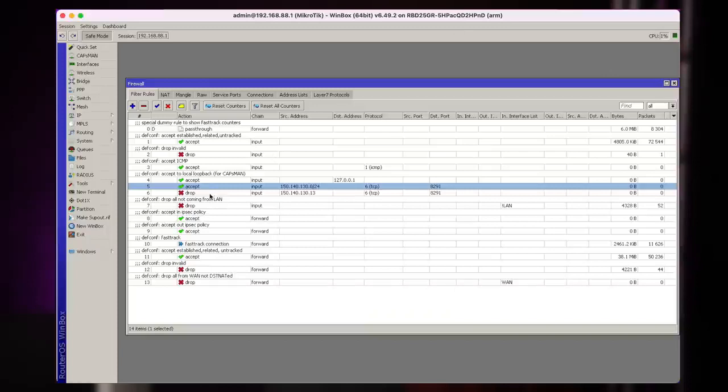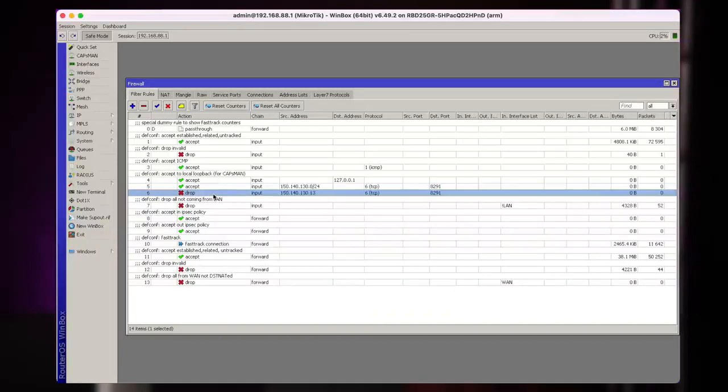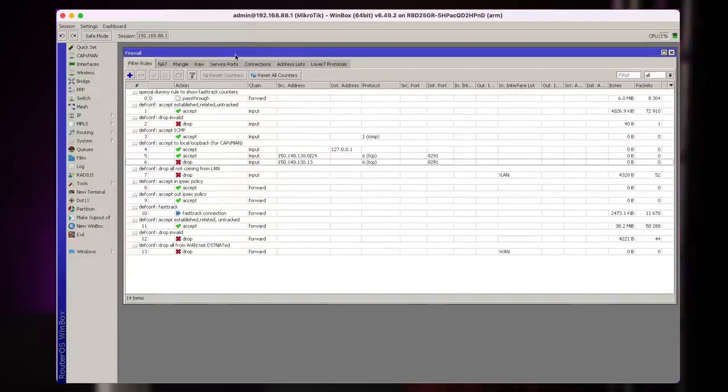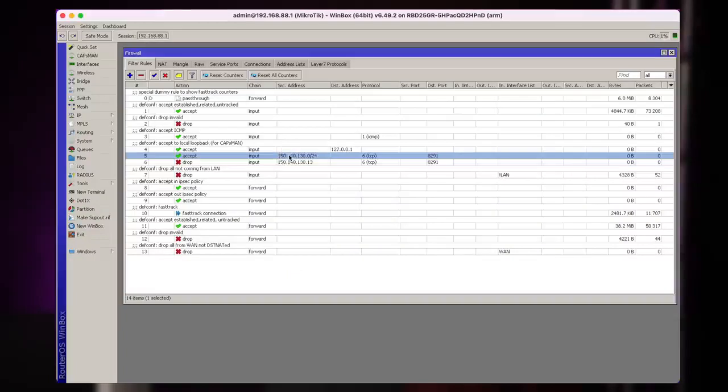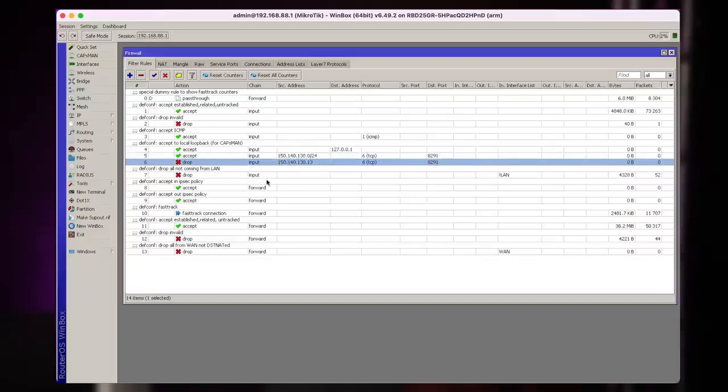So as you see, the copy button made the rule appear next to the one that I opened. So now they're both here. And since my connection is still active, it means that, well, I didn't mess anything up, and I can just close the safe mode again. Before doing any kind of important configuration changes on a remote device, just click the safe mode button to be safe. So this is how you allow and drop traffic.